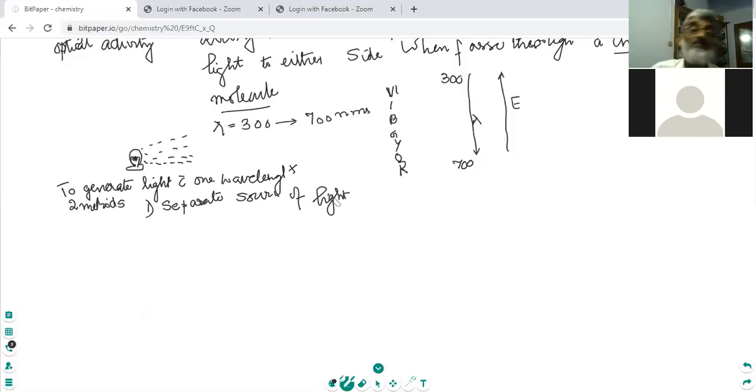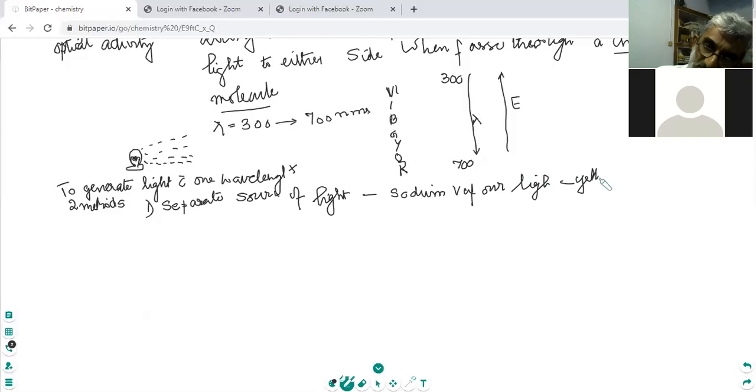Example, sodium vapor lamp, which produces a yellow light. Now the yellow light, you must have seen the street lights